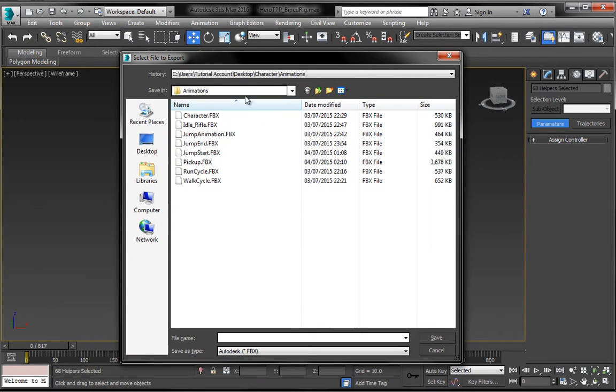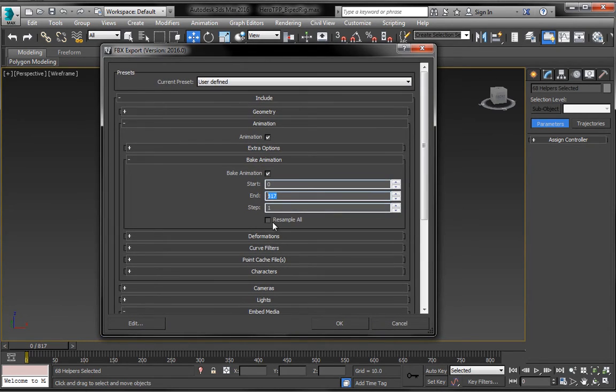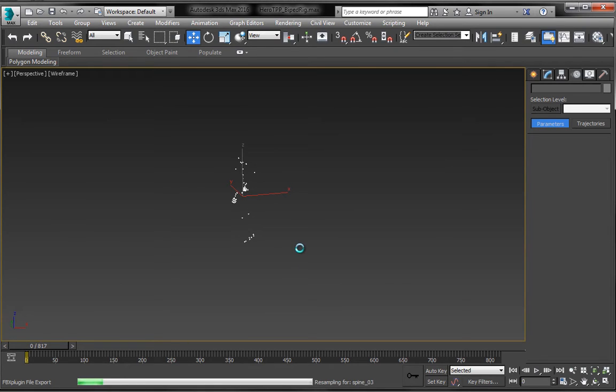and let's just bring this down and pull this into view, and we can call this dance animation to save. In this case, we do want to turn on animation. We do want to bake the animation, and you can see it's going to ask us the start and the end. So if this timeline was longer, then we'd increase the end animation. And if we have many keyframes, it may be possible to use the resample all, which is basically an optimization. So let's go ahead and choose OK, and this will export,